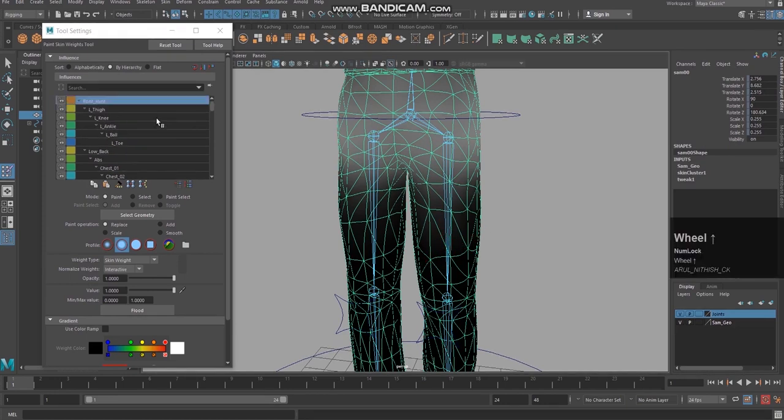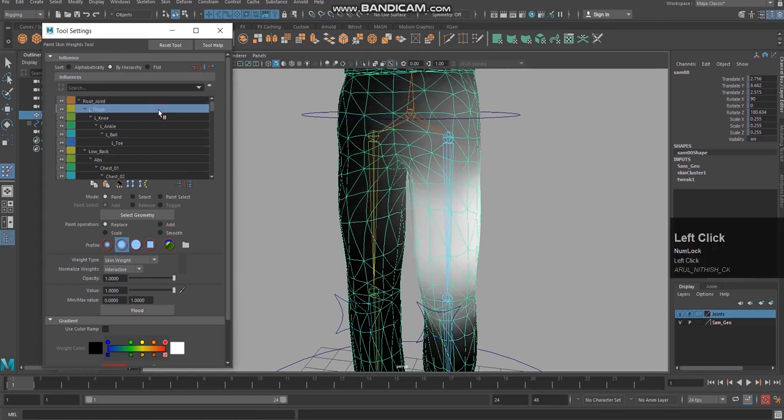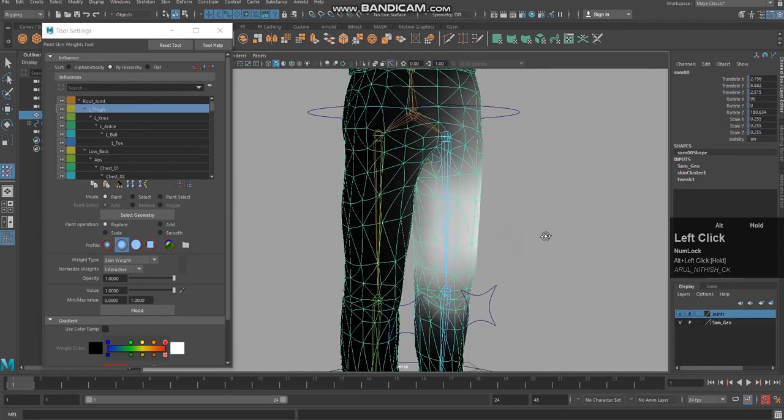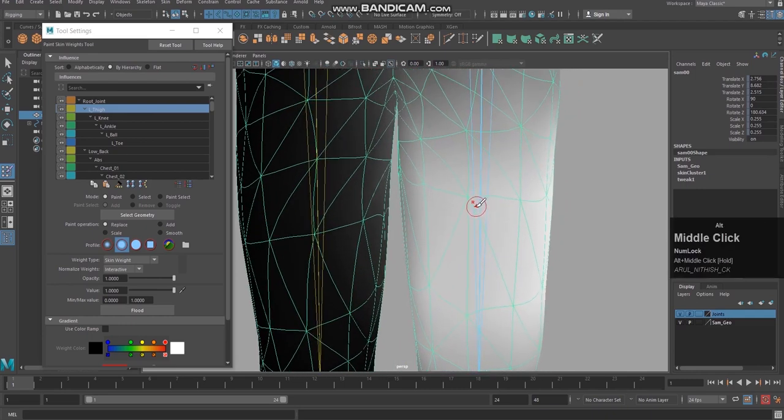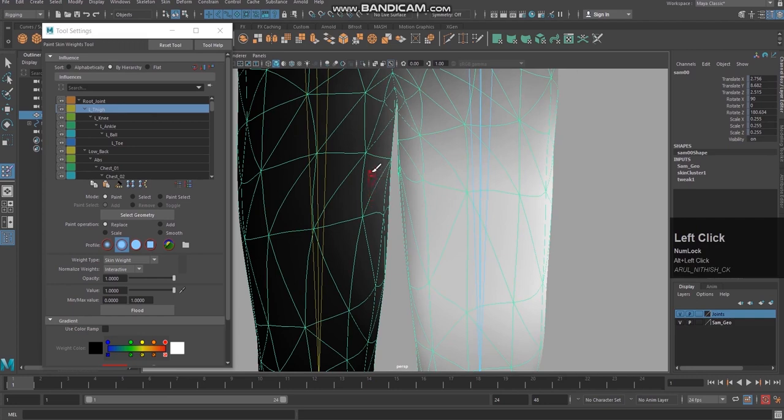Similarly, I am selecting this right thigh. You can see the right thigh has a very bright influence in this area, and it also has influence in this area.